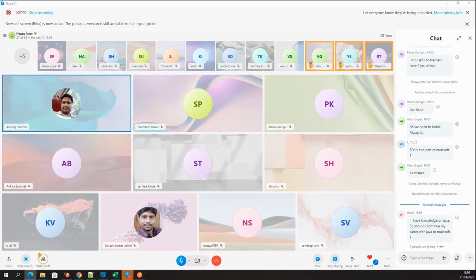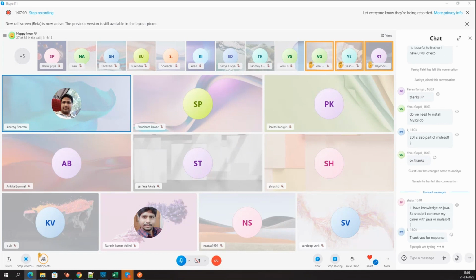I have knowledge of Java, so should I continue my career with Java or MuleSoft? Look, if you have the knowledge of Java, first I would say